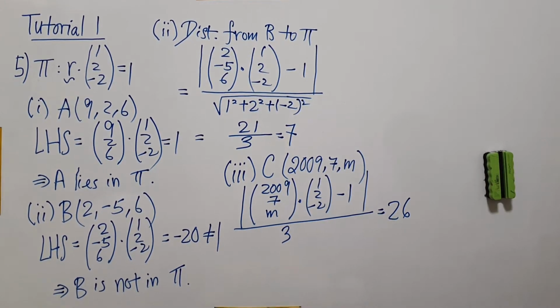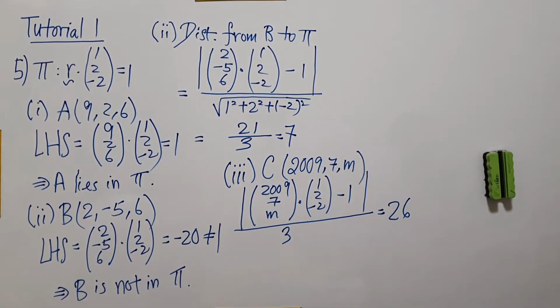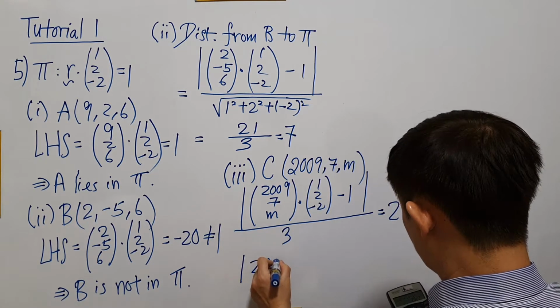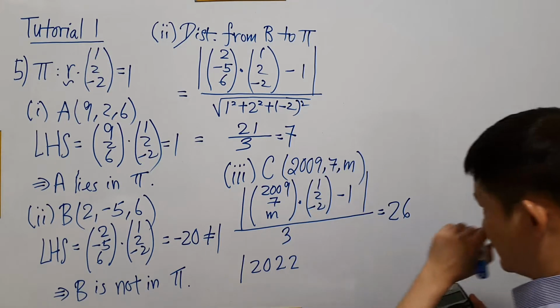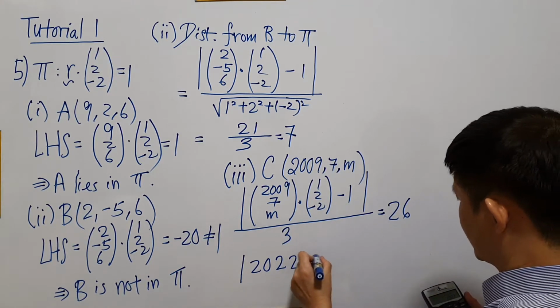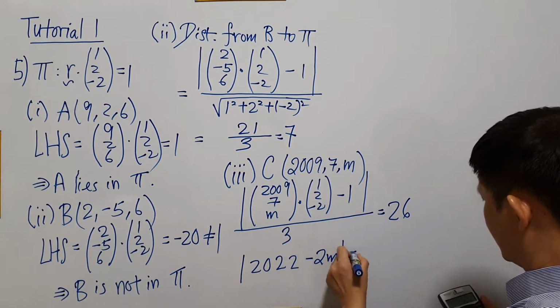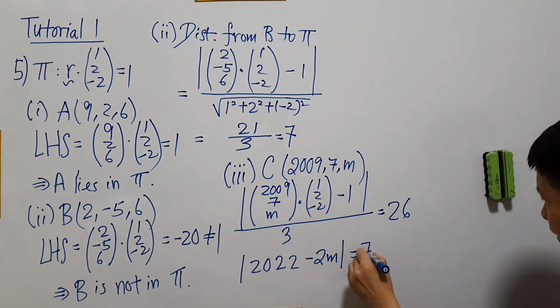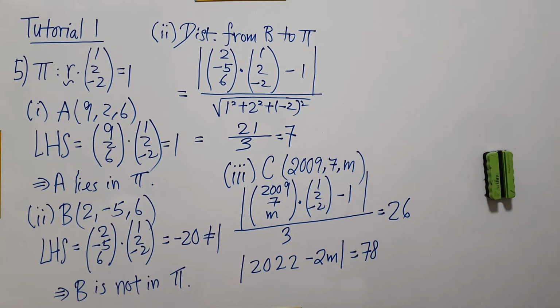For the numerator, I'm going to get 2009 plus 14. Okay, I got the modulus of 2022 minus 2m. I bring a 3 across, 78. Right. Okay, let me just double check again my calculation. I take 2009